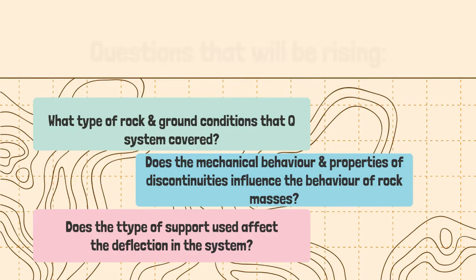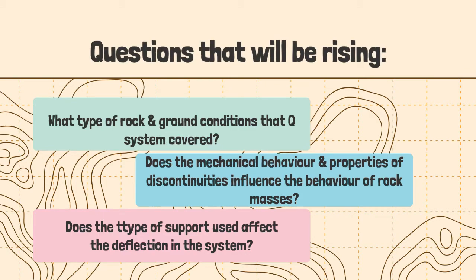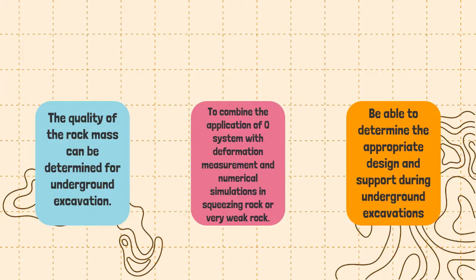The purpose of this study is to identify the rock mass classification system for the Q system. The objectives are to carry out a critical review of the Q system and to discuss and compare the different ways used to determine the Q value and Q system by the authors from the related studies. From these studies, we will be raising a few questions. The importance of this study are